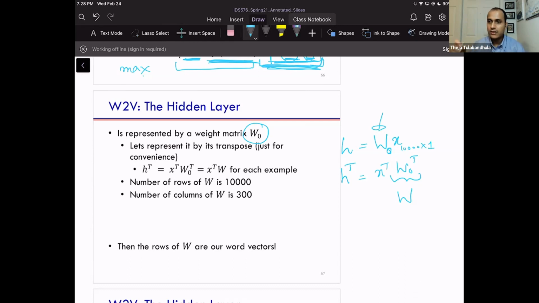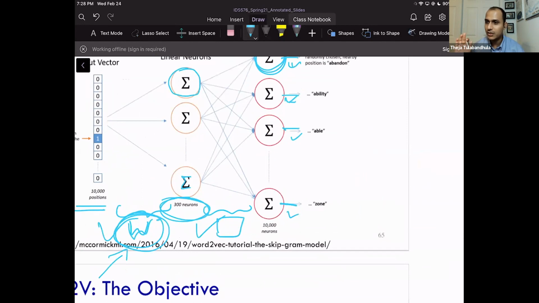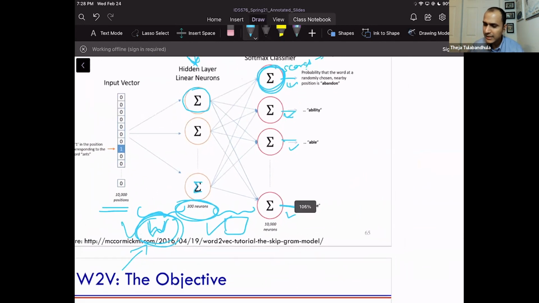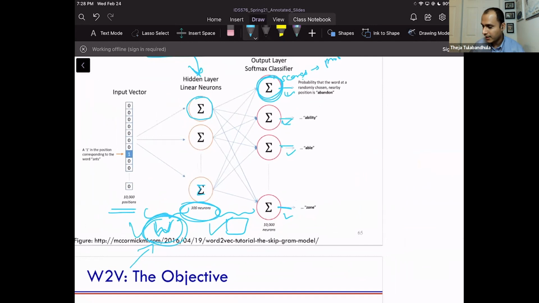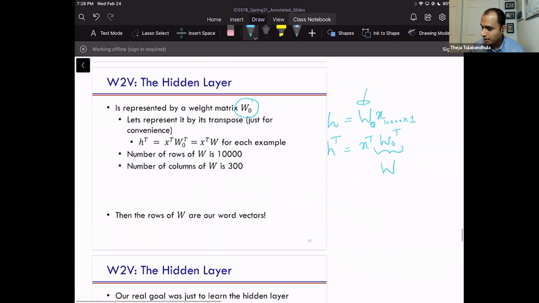Therefore, the number of rows of W0 is going to be 300. Why is it 300? I think I did not emphasize it earlier. I said the number of neurons in the hidden layer, we're just going to choose it to be 300. That's just the architecture that they chose, so we are just going to follow that. So we know that for W0, the number of rows should be equal to 300. If I transpose it, from 300 rows and 10,000 columns, I'll get 10,000 rows